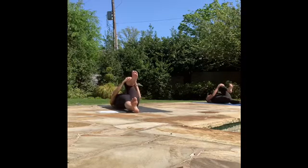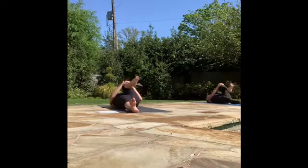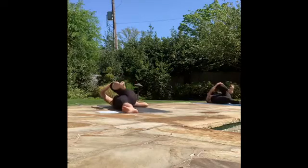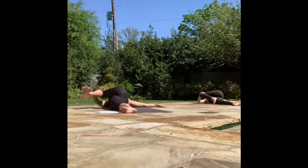On your inhale, pressing that knee away. Exhale, pull it closer. One more time. Inhale, press away. Exhale, pull it closer. Option to stay there. Or again, you can take that right hand, grabbing the outside of the knee, crossing the chest, shifting the gaze over the left shoulder. And again, that other option of grabbing the outside of the foot, extending that leg out